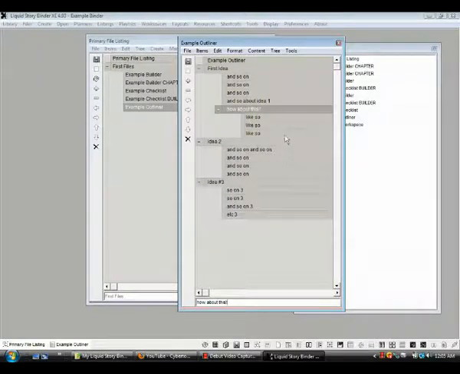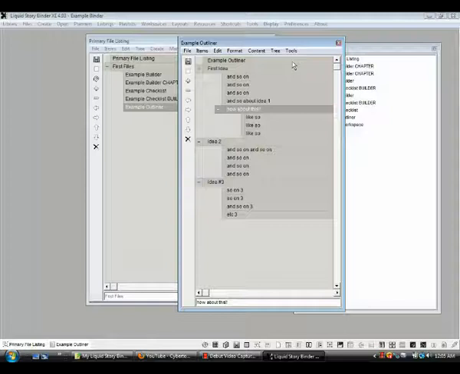Now, we have our idea collector that we can collect them in a checklist or we can collect them in an outline. With an outline, you can do subsets. Turn it into something very organized as opposed to a straight sequential list as in a checklist, right? So we'll save this out, and